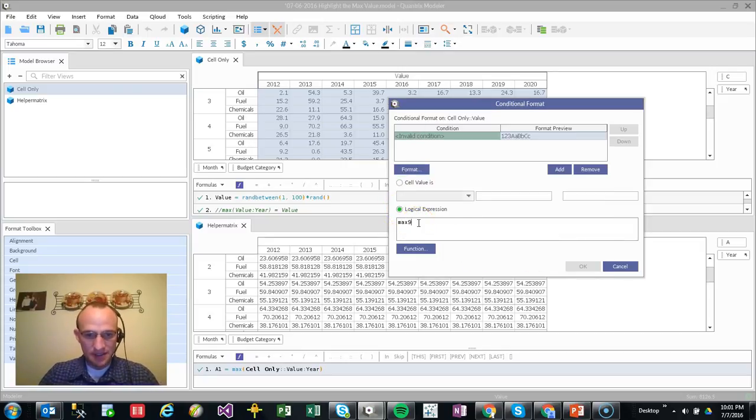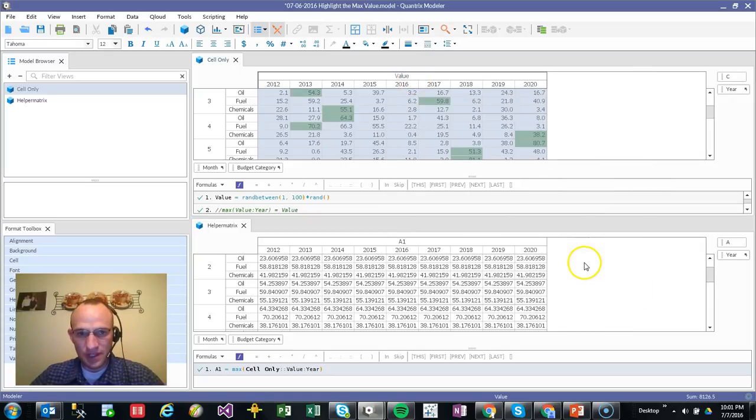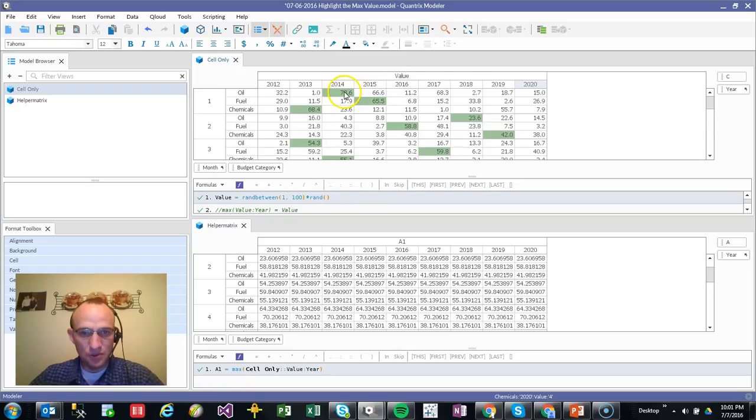It's going to be very similar to what I have here: max value year, because I'm just looking at value for the year, is equal to the value. So where it's equal to itself, and when that happens, bam, it highlights that 38.2, 78.6, 65.6,